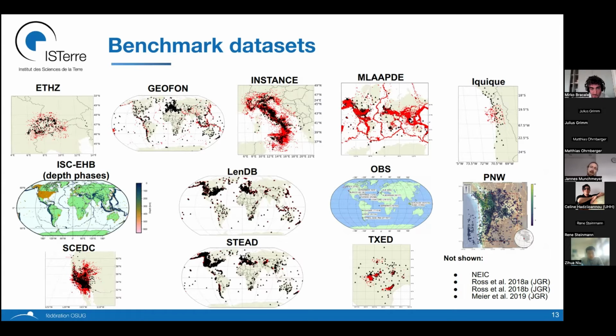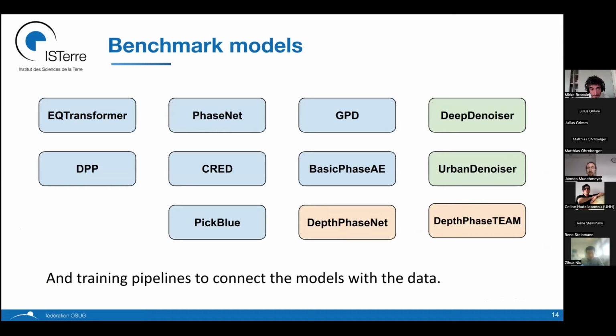And all of these data sets are now in the same format and have the same API to access them. So you can just exchange them in your workflows. The second important part is that we have these benchmark models. Many of you in seismology have probably heard of EQTransformer and PhaseNet, the two most prominent picking models.